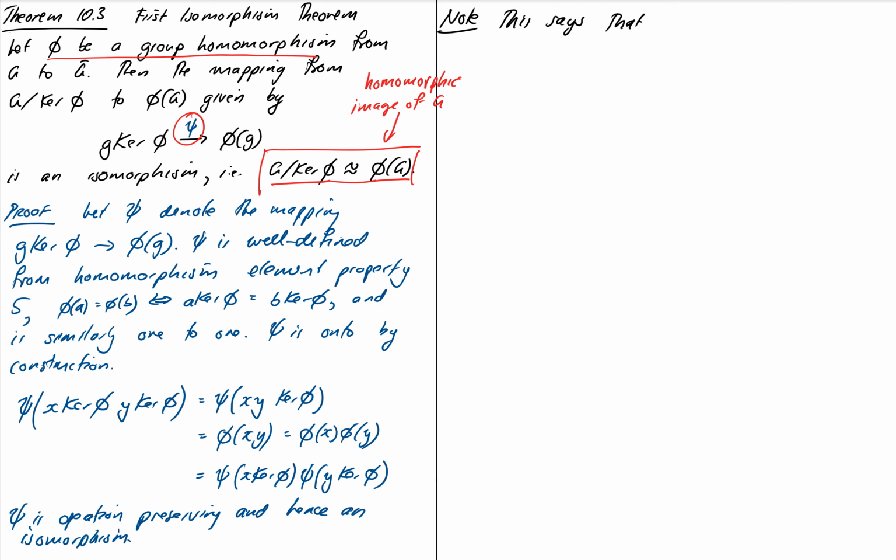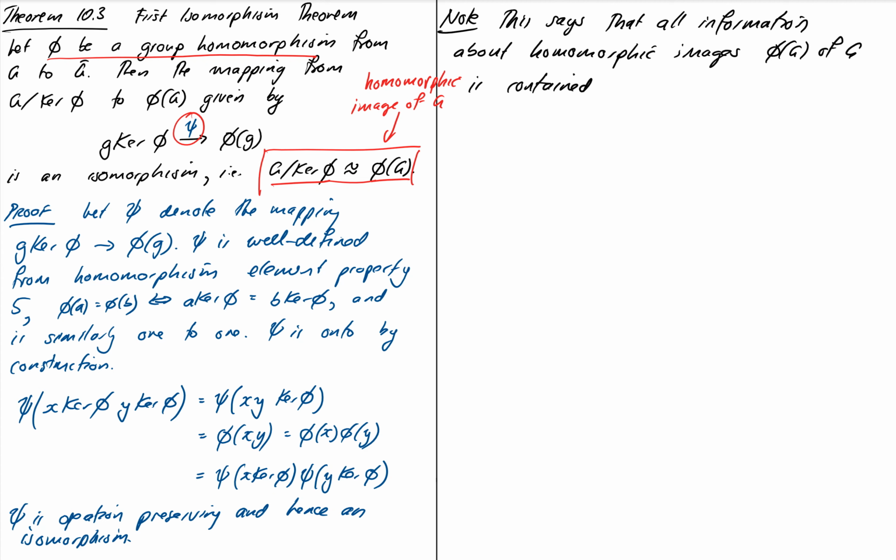And what this theorem is telling us is that the information about how that image behaves is contained within a factor group of G. So it says all information about homomorphic images of G, let's put phi of G, is contained in the factor groups of G. So that says that when I take a homomorphic image of a group, really what I'm seeing is some intrinsic property of the group represented in my new space, factor groups of G. Because actually it's just a property of a factor group of G that we're going to see in our homomorphic image. Alright, so also we can state a corollary to this theorem,